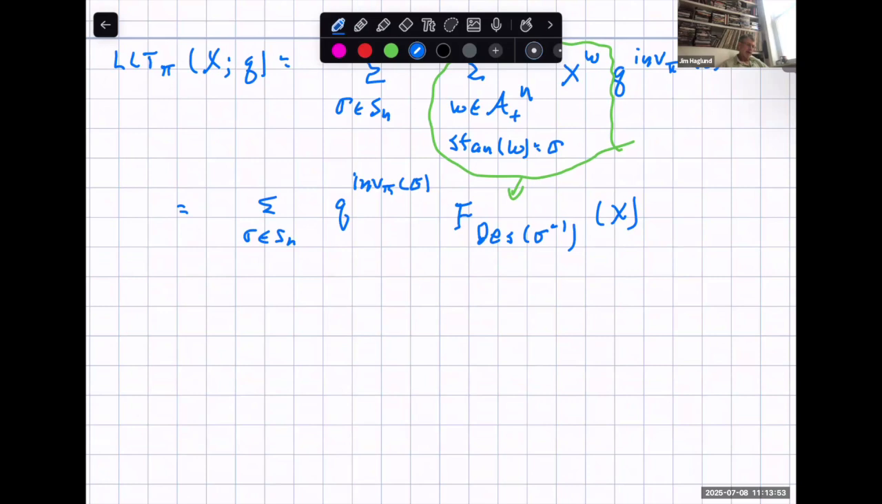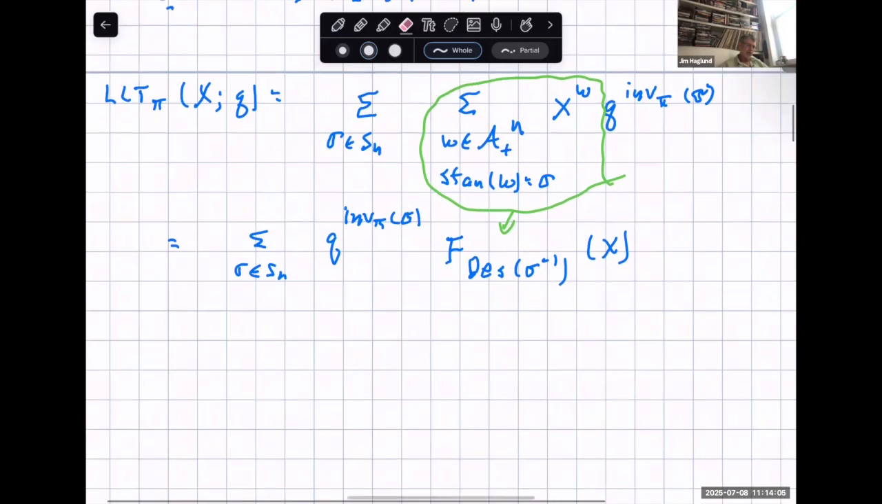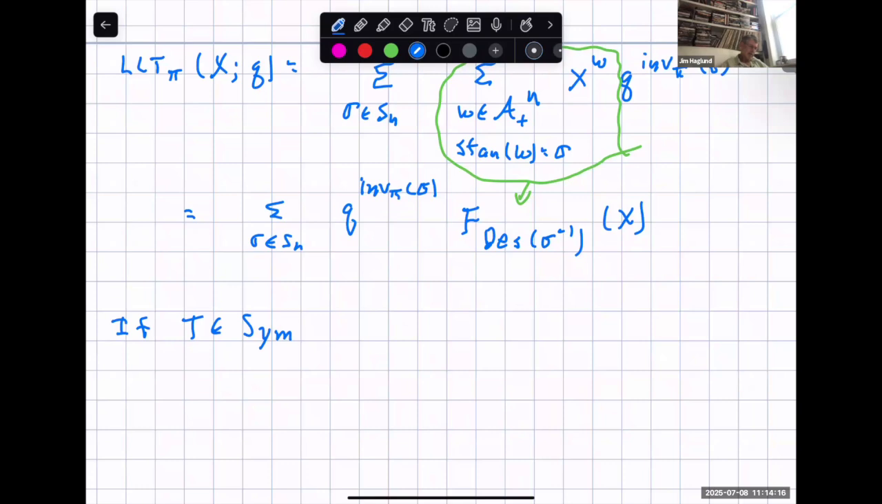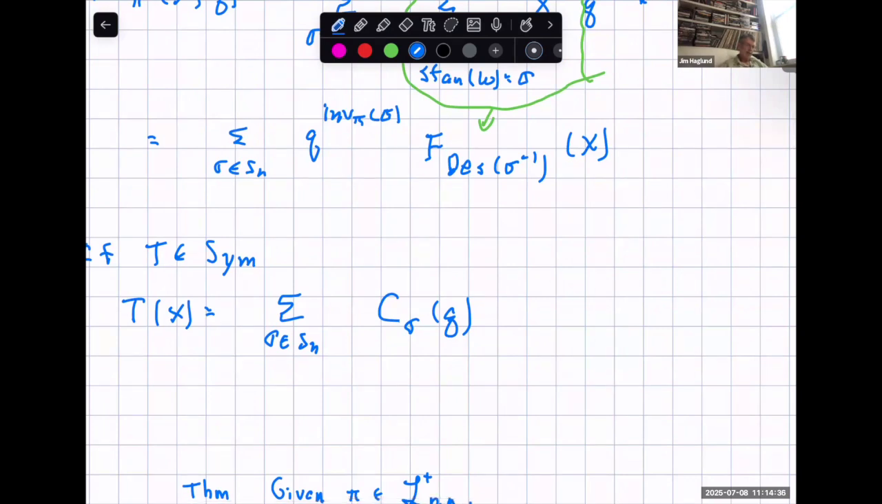Now, superization says that, well, I'll just say it in words. So if you have a symmetric function, which can be written in, maybe I'll rewrite the sum, if T is a member of Sym and T of X is the summation over all sigma in Sn times some constant C sigma, and let's say that can depend on a number of parameters, today it'll just be depending on Q, times this F des of sigma inverse of X, then